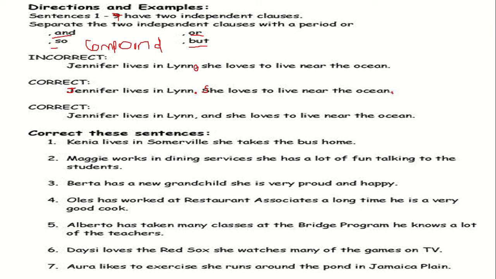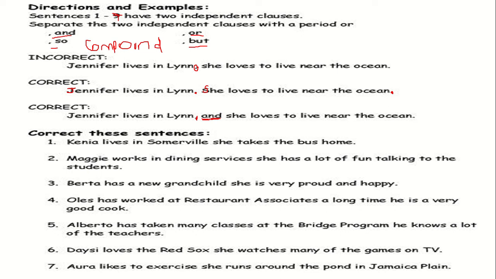Now let's read the other way to correct the sentence. Jennifer lives in Lynn, comma, and she loves to live near the ocean. They use the comma and the conjunction. Okay? So you have to write the 2 ways. That means there are 7, so we'll need 14 answers, okay? Correct these